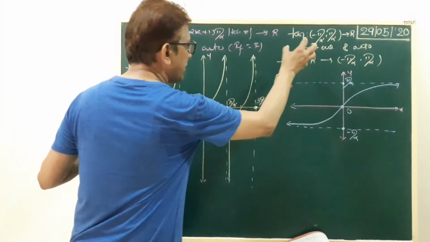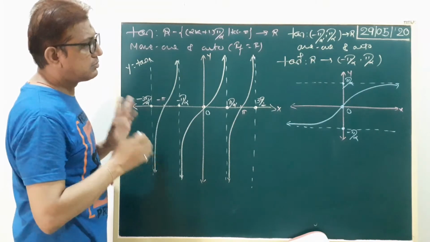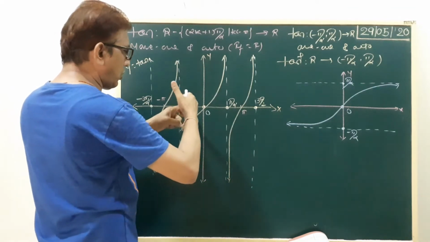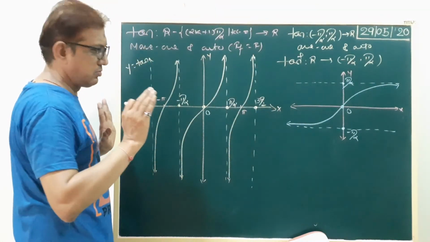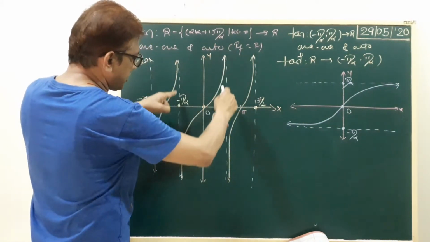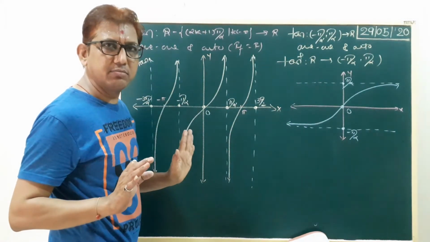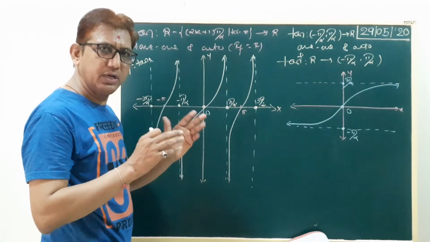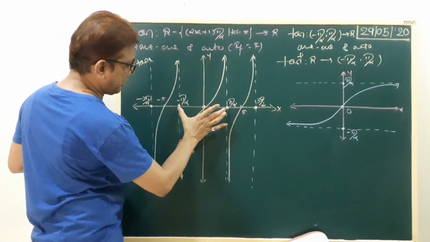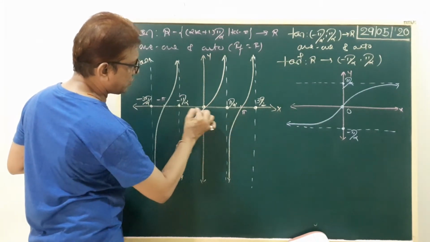So now we convert it to one-one and onto. Onto is already done. Now we convert which one? One-one function. Okay. So our area is limited. Now not all the points on the number line, not all of R, only this portion. Here the dotted line means open interval. We do not draw a dark line, because pi by 2 and minus pi by 2 are not possible points for the tan function. So we draw the dotted line. So our limited area, our interval, is the open interval minus pi by 2 to pi by 2.